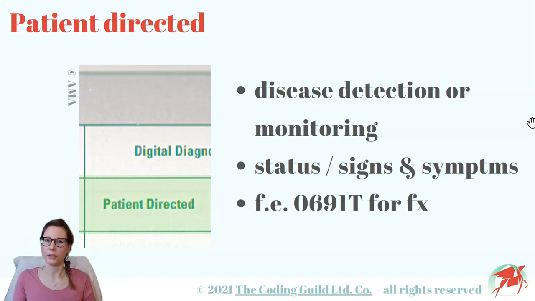Think of external heart monitors for this column that activate, for example, when they sense an abnormal heart rhythm, or retinal imaging for patients with underlying diabetes. In both cases, there is a need for disease progression monitoring or detection of possible new disease related to the known problem or symptoms. An example for patient-directed diagnostics could be code 0691T for automated analysis of an existing CT study for vertebral fractures. Here, the AI is helping the physician gather data on the fracture and analyze bone density at the site of this known disease, the vertebral fracture.